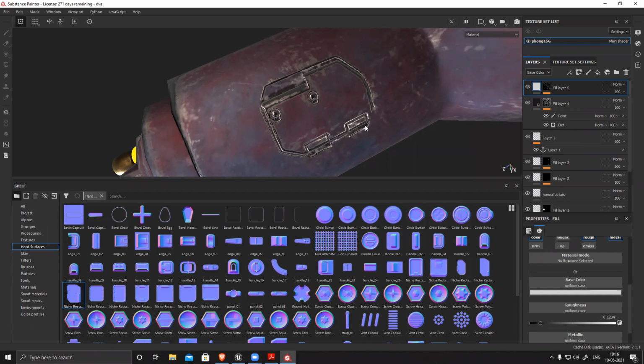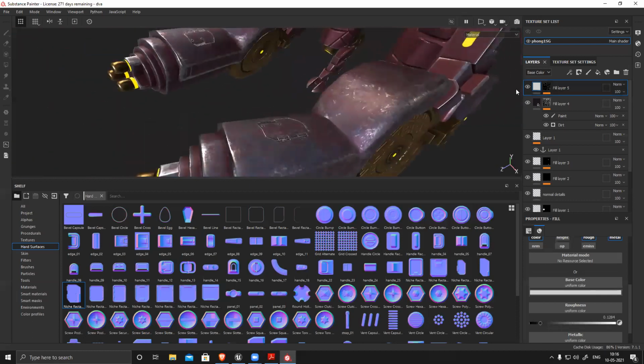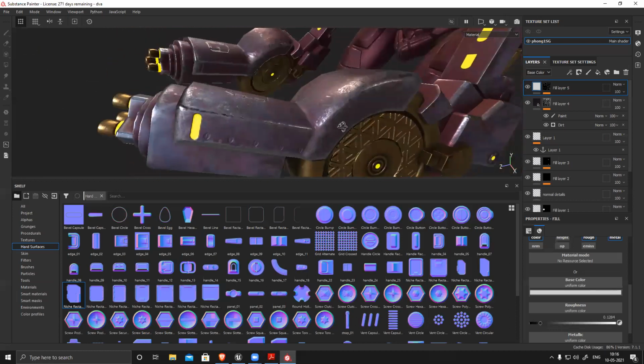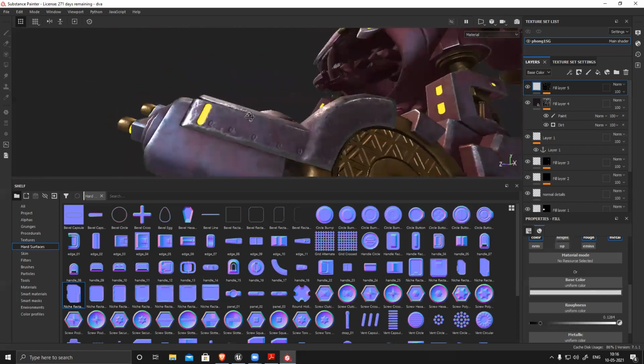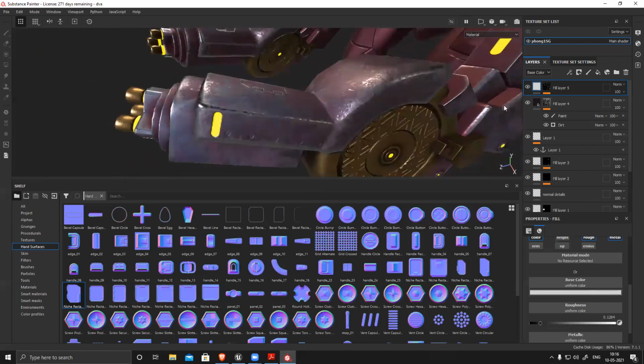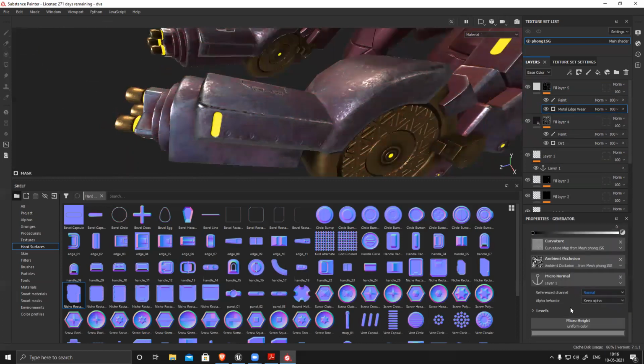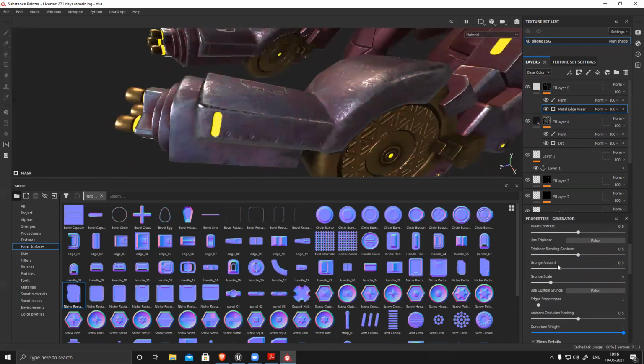Try to keep them separate so that you can control it easily and generate the desired result. You can see I got all these corners shiny and this base also super shiny. So I don't want all this to affect that much. So I'll just simply reduce it.